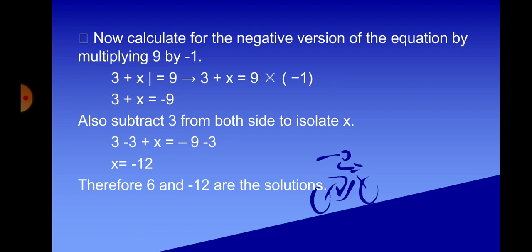Also subtract 3 from both sides to isolate x. So 3 minus 3 plus x equals negative 9 minus 3. So x equals negative 12. So therefore 6 and negative 12